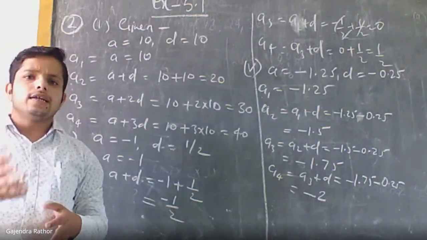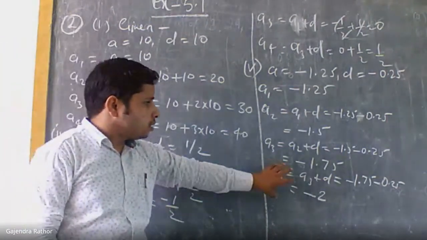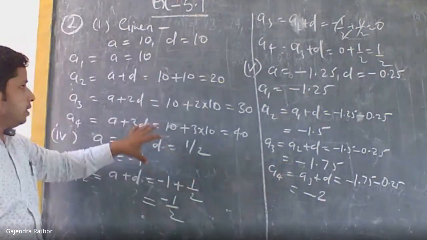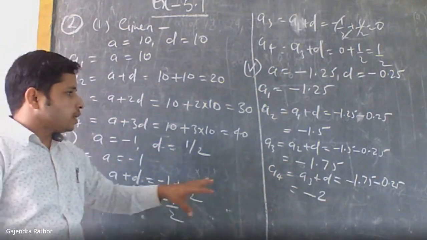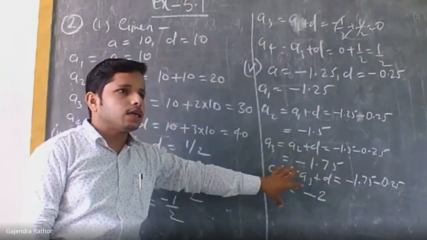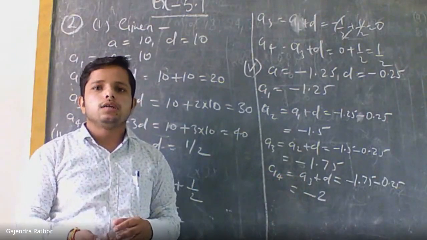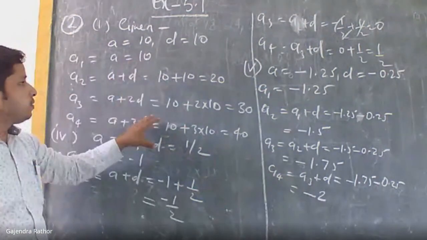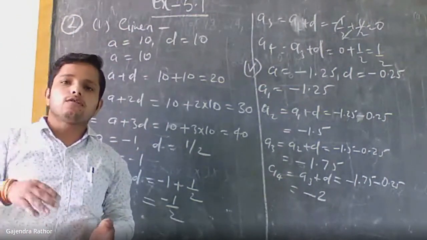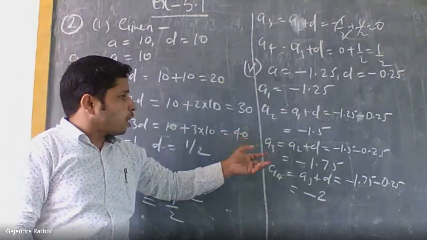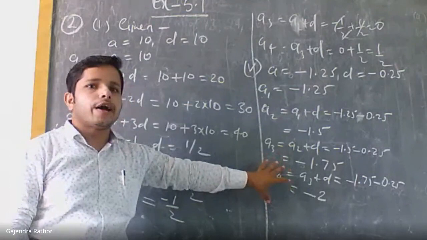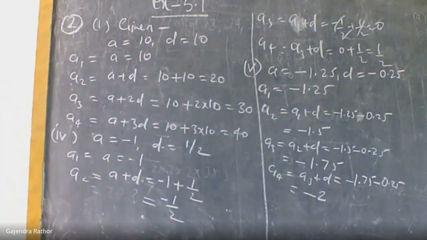I think to find the next term, this is easier than the other concept. Because in this concept, we need not multiply the numbers. We just simply add or subtract the numbers. But in the other way, we have to multiply as well as add or subtract the numbers. So I will prefer this style for finding the term. If anybody has any doubt regarding this second question, to find the terms of a given AP, kindly ask.